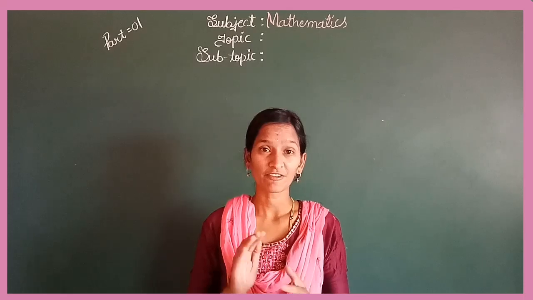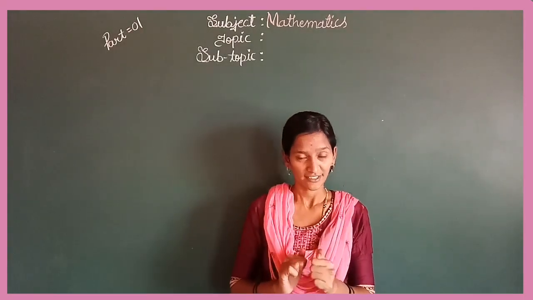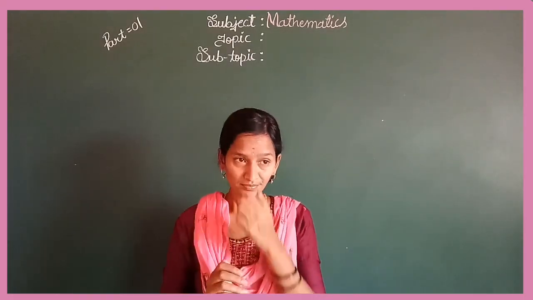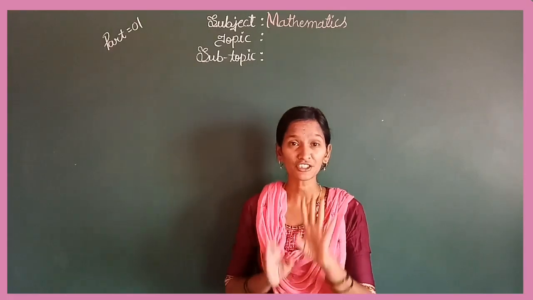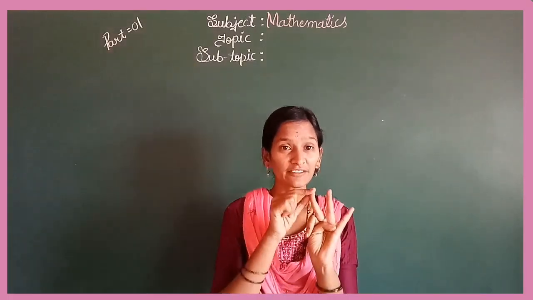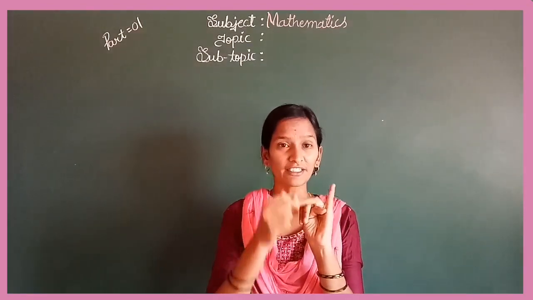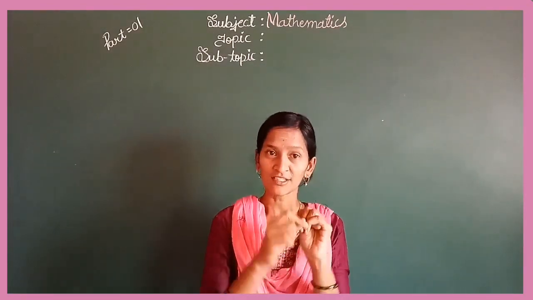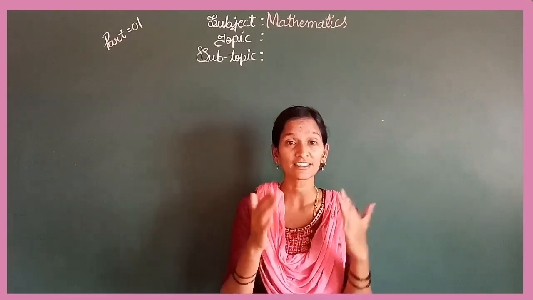Students, in the last class we finished the maths chapter, right? So students, in maths we have finished 4 chapters in total, right? The first one is multiplication, the second one is length, the third one is division, and the fourth one is mass. So now come to the next and interesting topic.